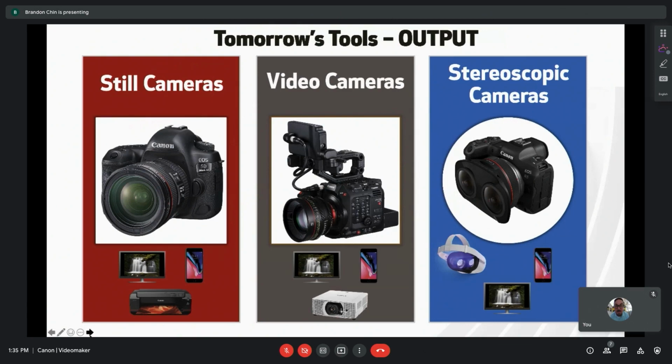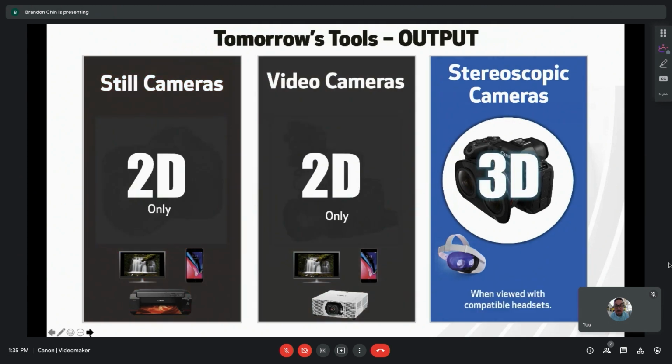Looking at what our current offerings are on the marketplace, there are a lot of different ways that you can experience video content. We have still cameras, we have video cameras, we have stereoscopic cameras. If you take a single image, you have a still image that can be printed or shown in digital ways. With a video product, you can share it digitally on mobile devices, desktop monitors, or project it. With stereoscopic imaging, it becomes very unique. Your available options for output are so different in that you can now experience this type of content in 3D